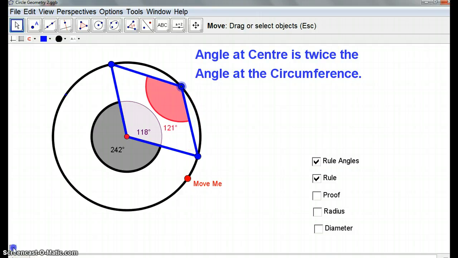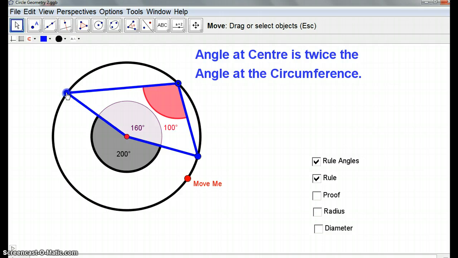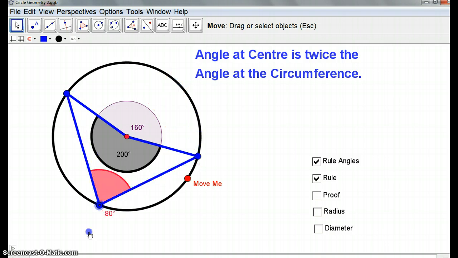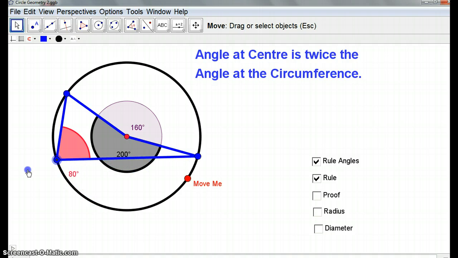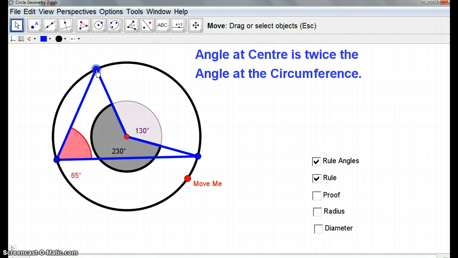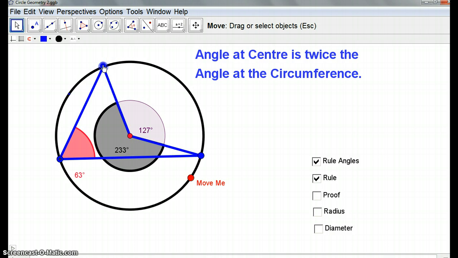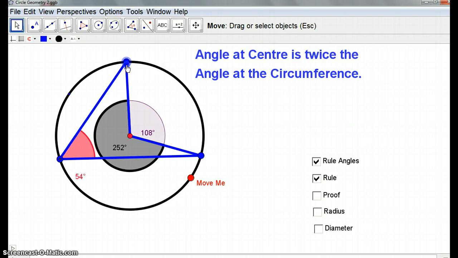Yeah, let's actually get some nicer numbers. I'm going to get that angle in the centre. What about 160? Okay, to 160. And this one here's 80. So can we see a relationship between the 80 and the 60? Here I'll move it to 130 and 65. Whoops. What about